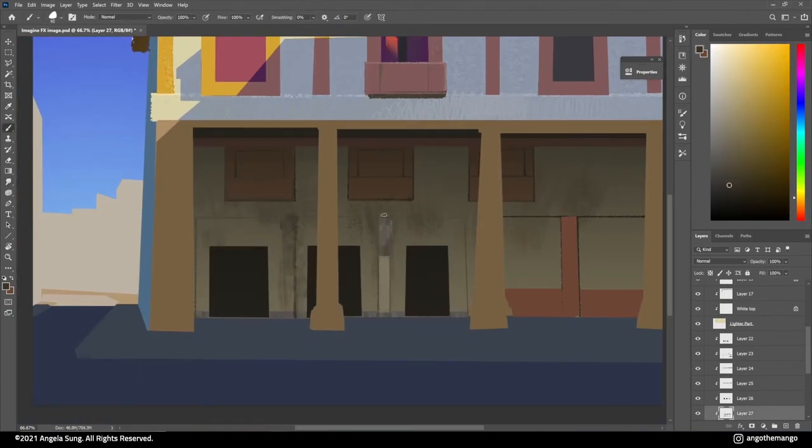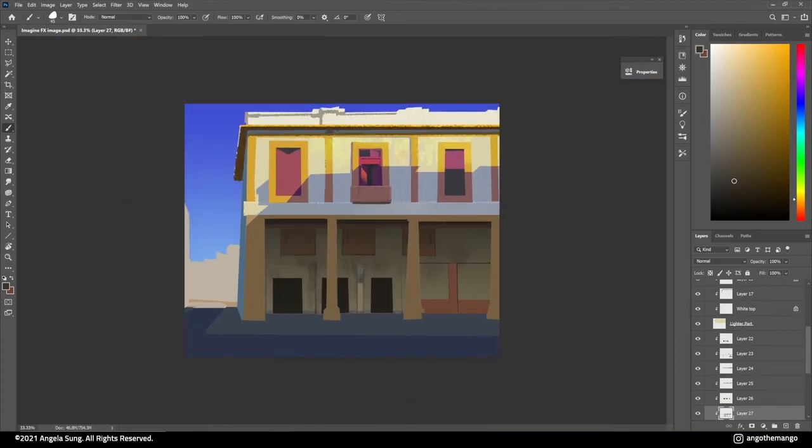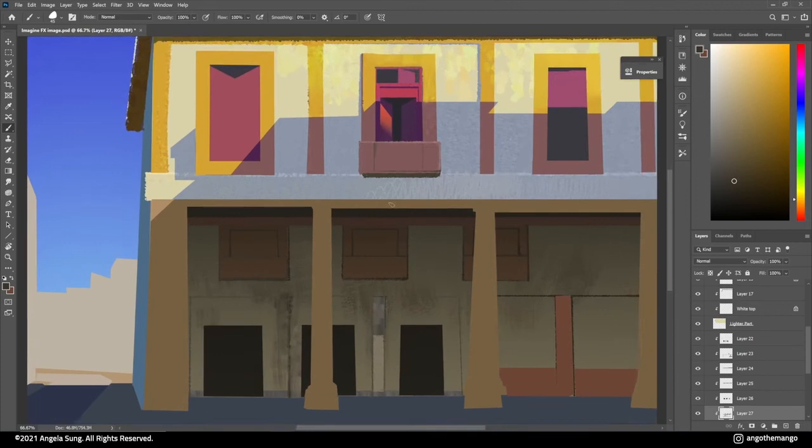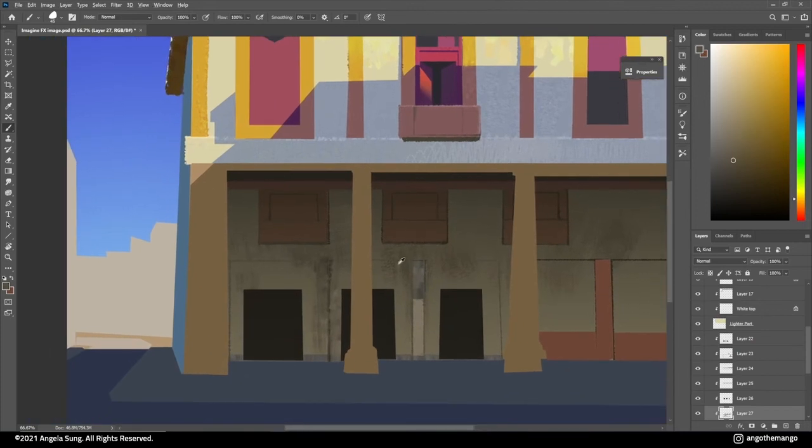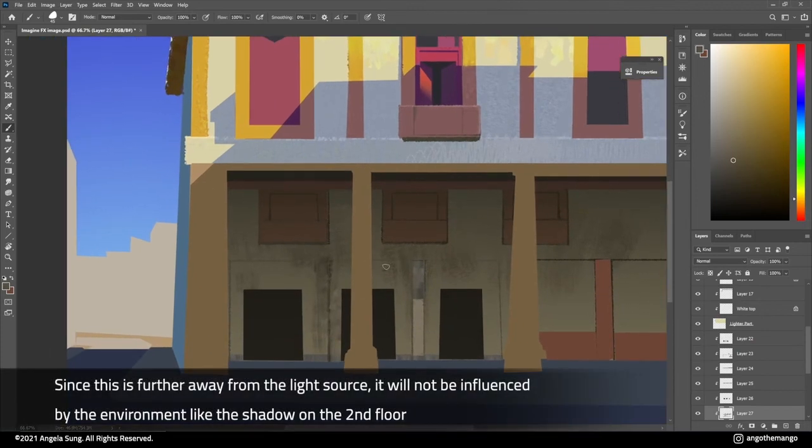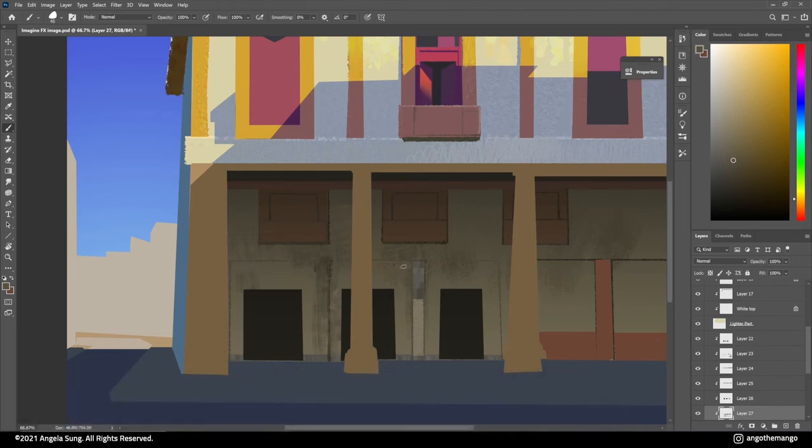As you can see, as I'm working in the darker area, because this area is in shadow, it's not able to capture as much bounce light as, let's say, the area up top. So because of this, you're basically not going to have a lot of color reflections into this area. Usually in overcast areas or areas in shadow, it's more about the local colors and subtle value and local